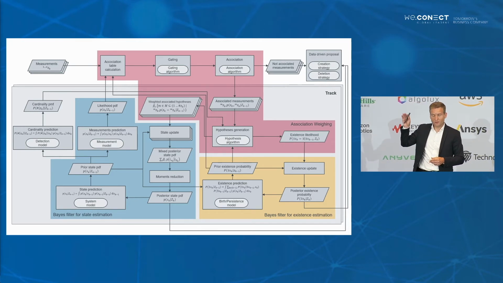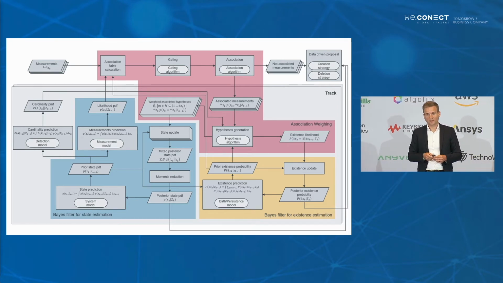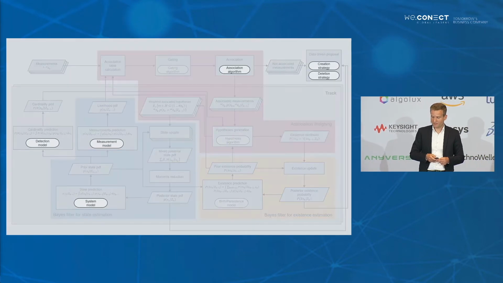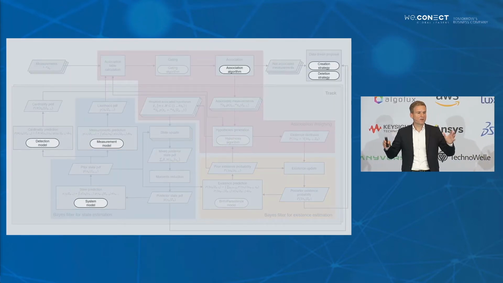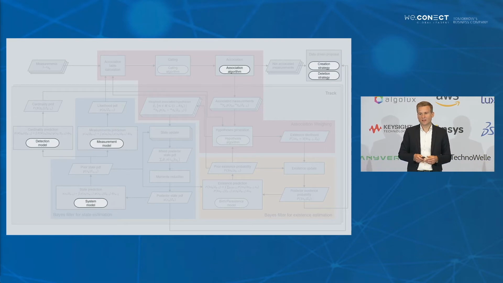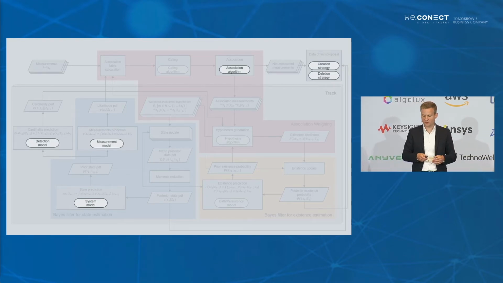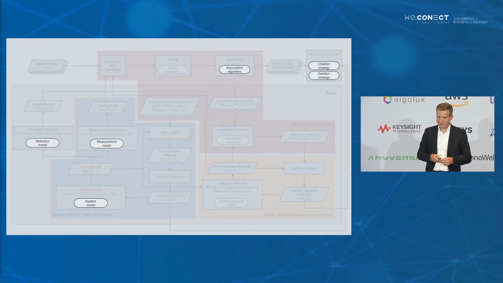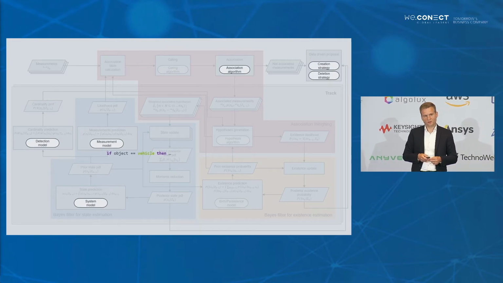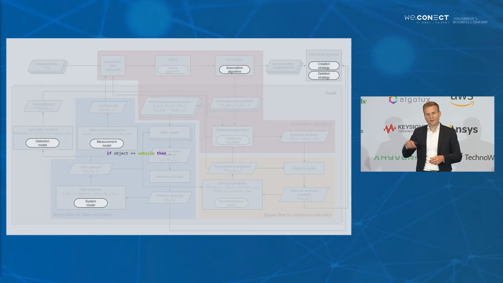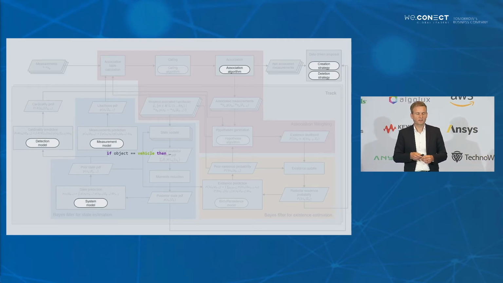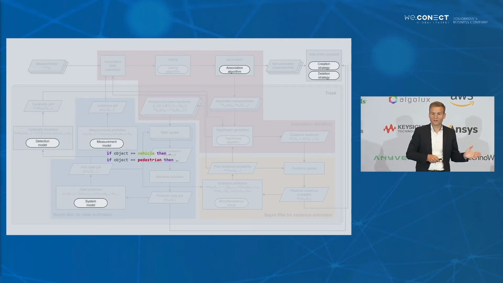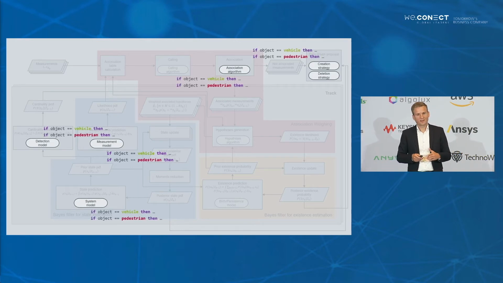And if you do this architecture well, then you have lots of points where models can be entered and where models are used, models for the sensors, for the system, and so on. And those if statements, those conditions, they are now added at exactly these positions, and there's one if here, one if there, and soon